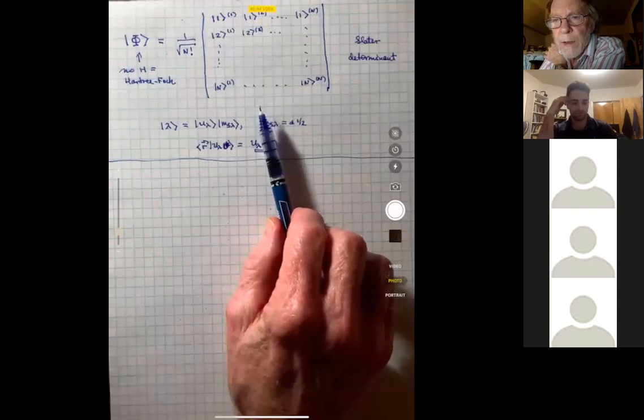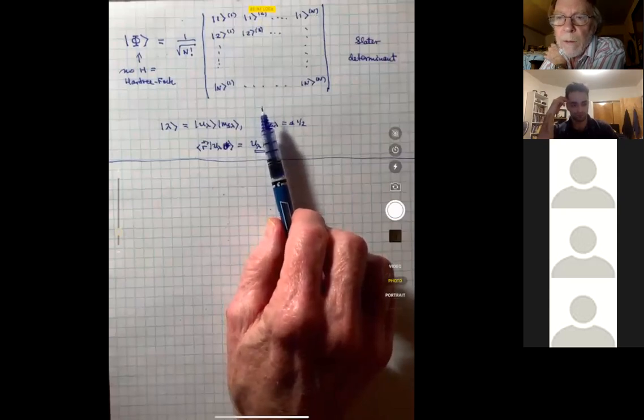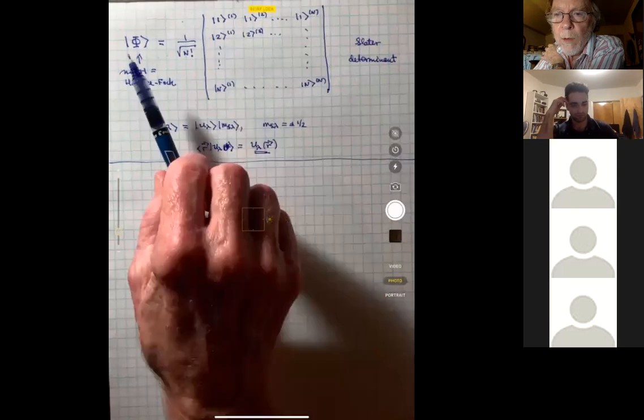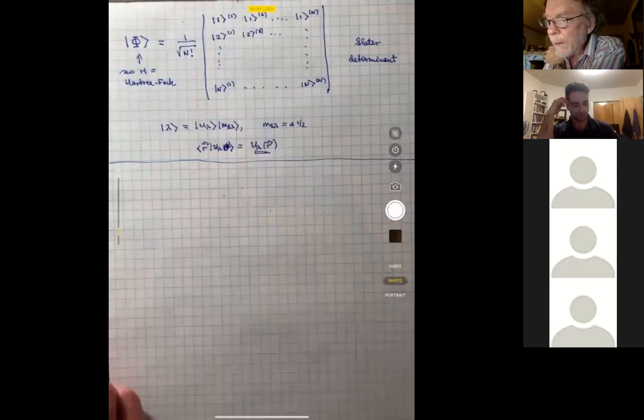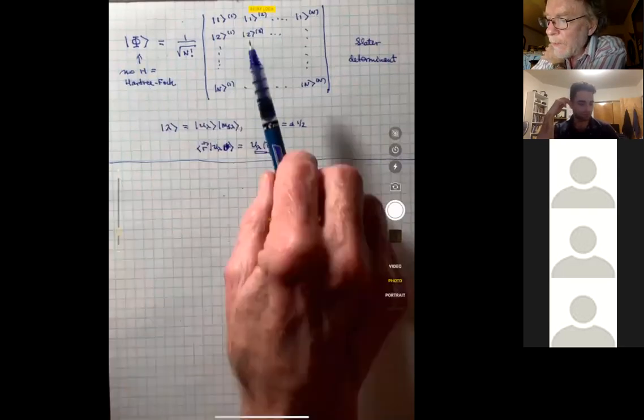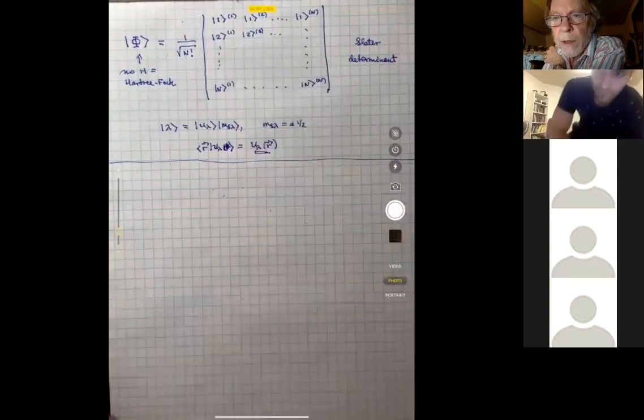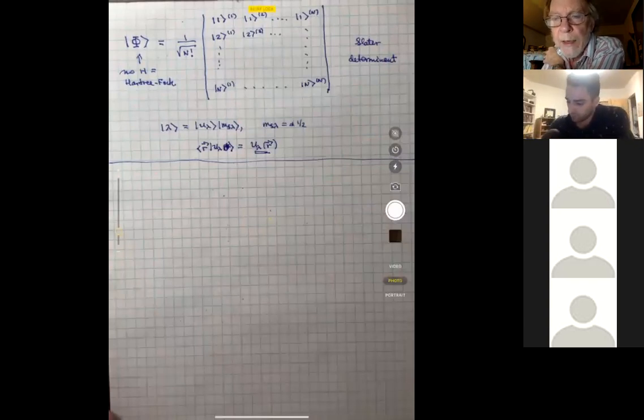This actually is a version of the Pauli exclusion principle. It says if you put two electrons in the same state, well, Pauli says you can't do it. A better way of saying it is you can do it, but the answer turns out to be 0. The multiparticle wave function vanishes if you do that. You can actually see that more generally, if you make any row or any column for that matter of a Slater determinant linearly dependent on, or a linear combination of, the other rows or columns,